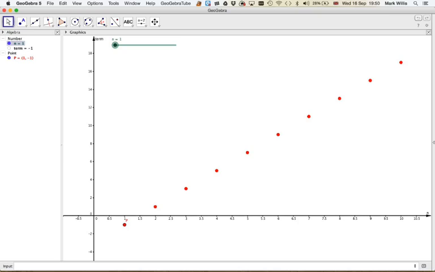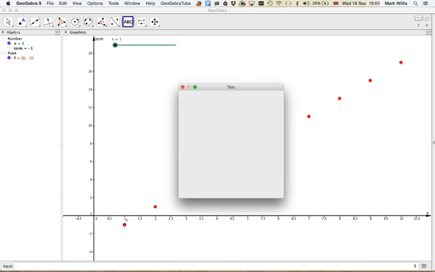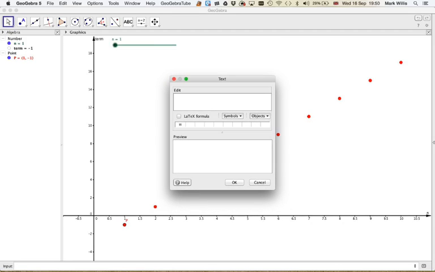Right, the next thing I want to do in my applet is to write down the terms. Okay, so select a text box, select somewhere in the screen, and then I'm going to put "when n is equal to" n, and now I want the object n, so it will give me a value. So select object, and you can see in the bottom here it is put 1, n is 1, and if I move it, it will move with it, and then comma,